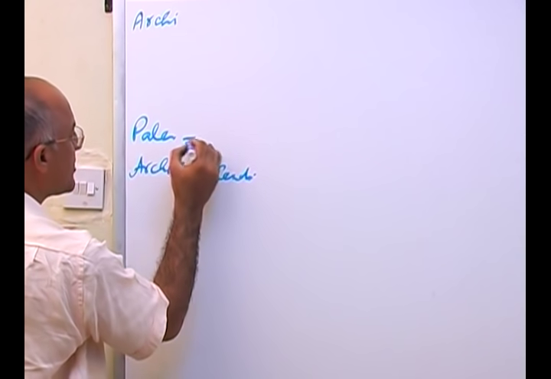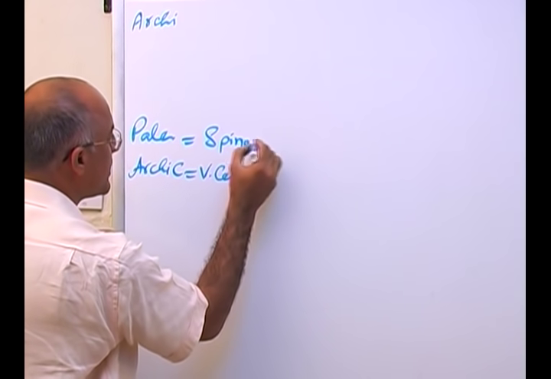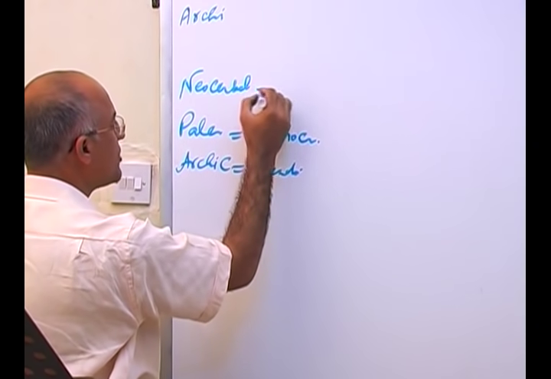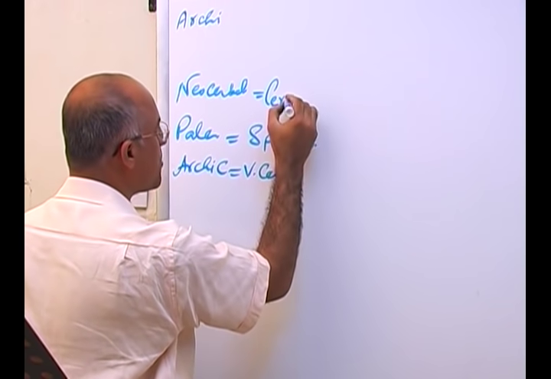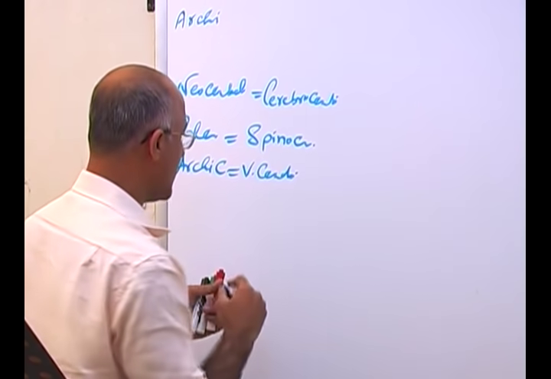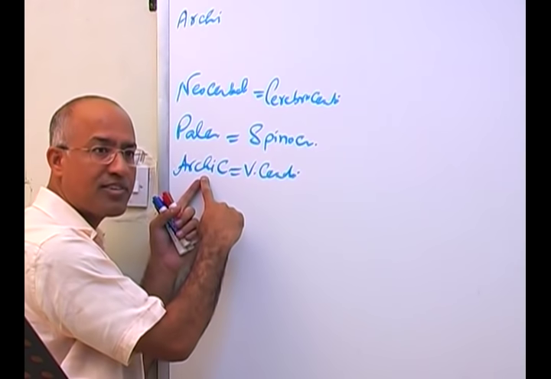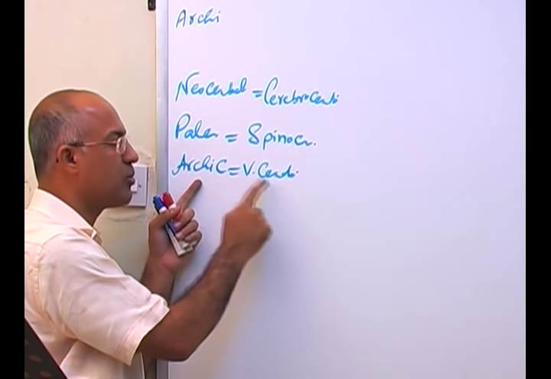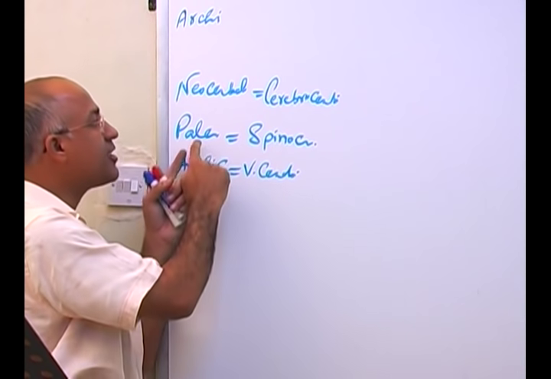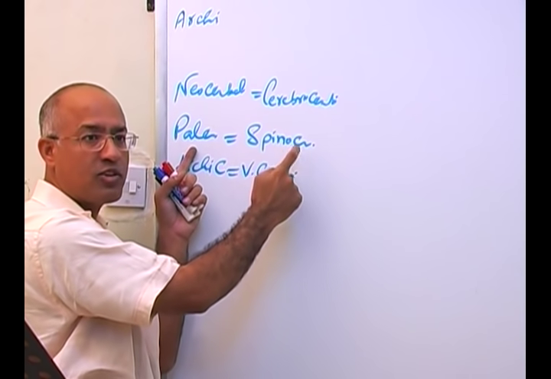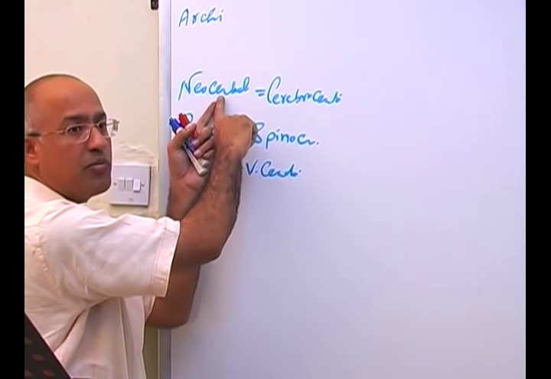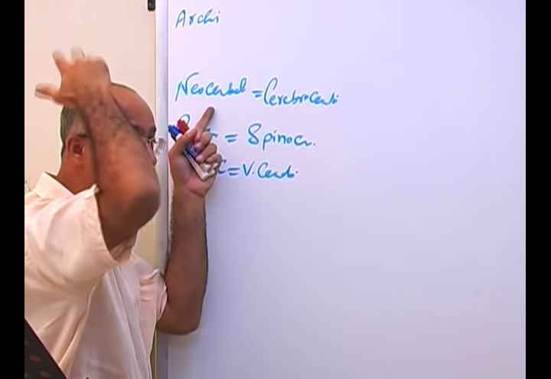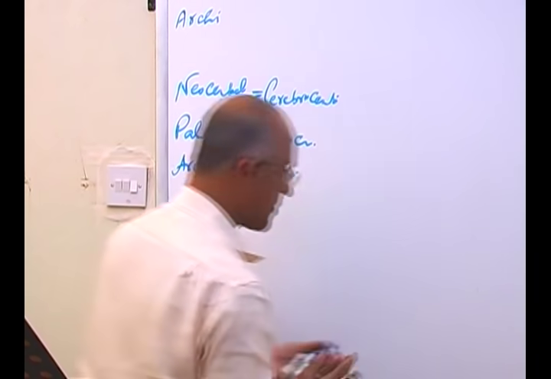The paleocerebellum is also called the spinal cerebellum, or spinocerebellum, and the most modern, the neocerebellum, is also called the cerebrocerebellum. Again, the most primitive part of the cerebellum is connected with the vestibular system. The paleocerebellum is connected with the spinal cord, so spinocerebellum. And the neocerebellum, the most modern cerebellum, is connected with the cerebral cortex. Is that right? So, in a simple diagram,